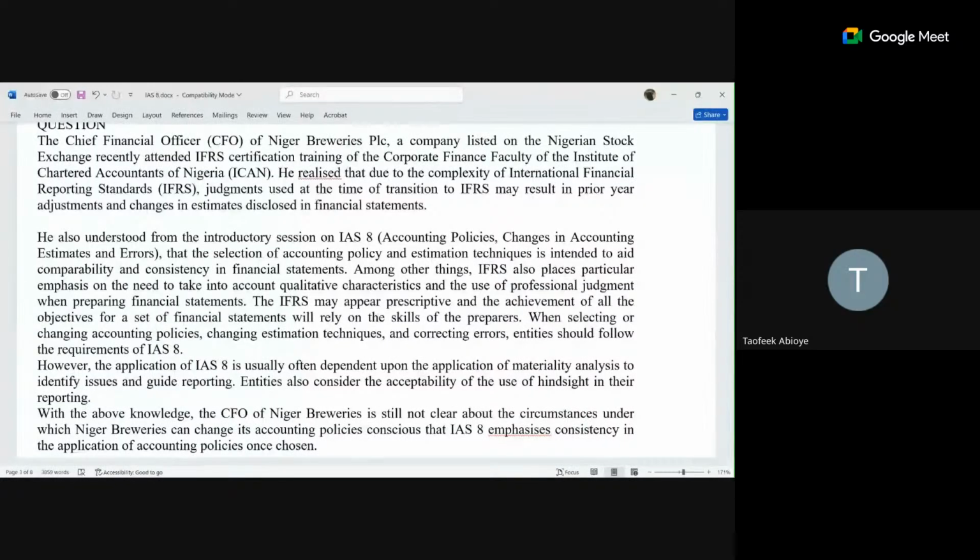However, the application of IAS 8 is often dependent upon the application of materiality analysis to identify issues and guide reporting. Entities also consider the acceptability of the use of hindsight in their reporting. With the above knowledge,